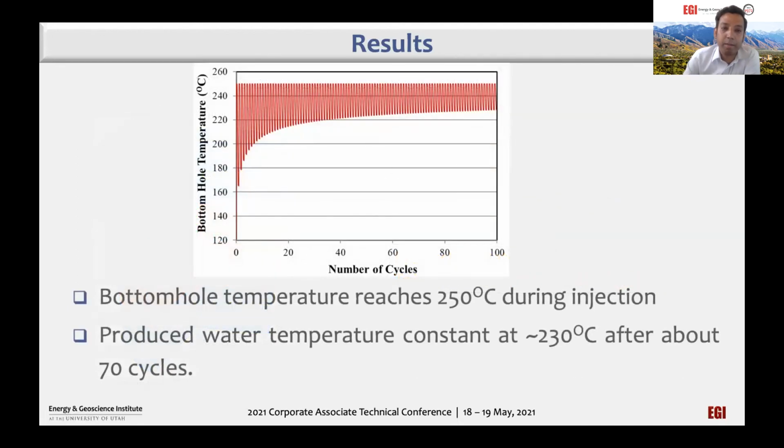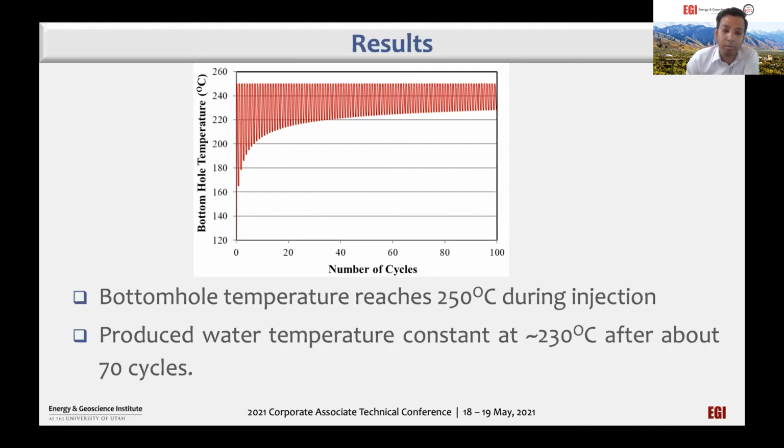So this is a temperature profile with the number of cycles. One cycle is basically 1 day. This is the temperature profile from the bottom hole of the well. You can see the top portion is the bottom hole temperature during injection, and the bottom side of this curve is the temperature during shut-in. The production temperature drops from this injection temperature, from top to bottom, during the 10 hours of production. You can see that during injection, the temperature reaches 250 degrees at the bottom hole